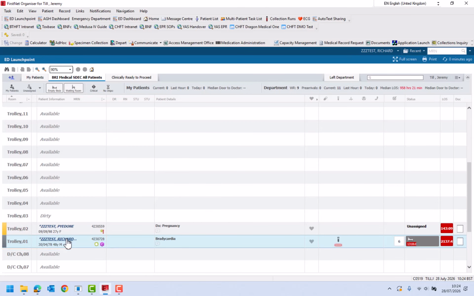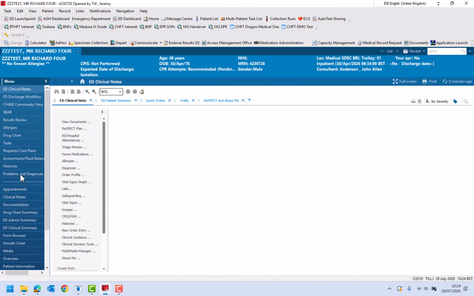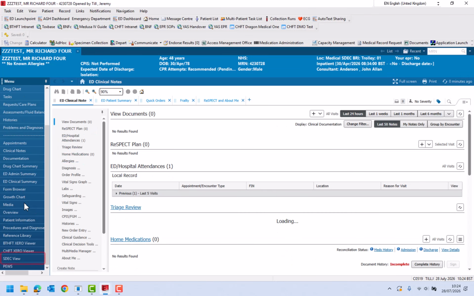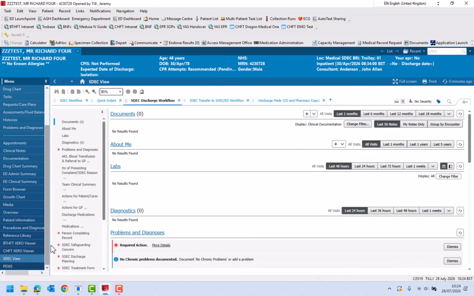So we click on his name, scroll down to the SDEC view and the SDEC discharge workflow. This allows you to go through the various bits of documentation that are required before you can discharge a patient, with the mandatory fields having a red asterisk. It will pull in the information that's already been stored, like labs and diagnostics, but for the purposes of this,